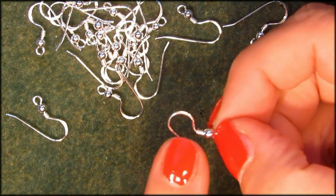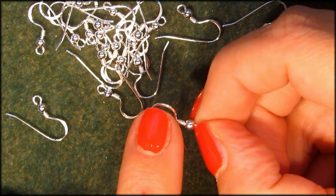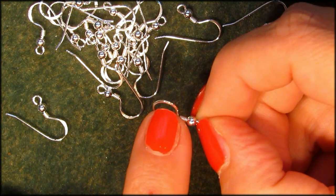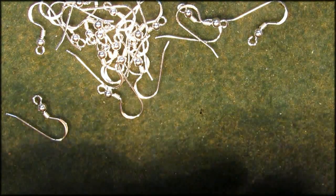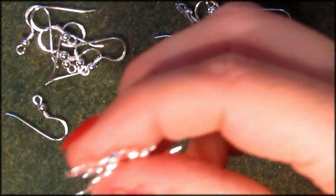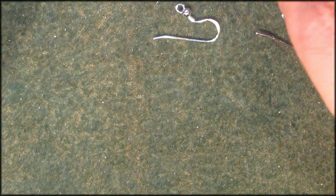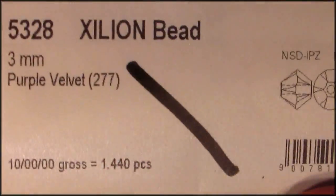It's probably going to be blurry, but right here is the 925 marking that it's real silver. So I'm very happy with these. Although I don't use much silver, it's always nice to have silver earrings at your disposal, because there are some people that say, you know what, I can only have silver in my ears, I can't use anything else. So we're gonna make some earrings with these ear hooks, and I'm very happy because they also